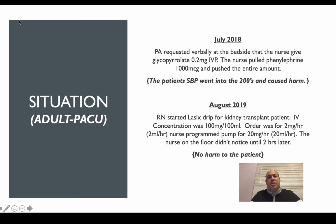The situation, and the reason why I would like to do this evidence-based intervention, is due to the medication errors that we have experienced in the adult-PACU at Yale New Haven Hospital. In July of 2018, we had a bigger medication error where the PA had requested verbally at the bedside that the nurse would give the patient glycopyrrolate to treat